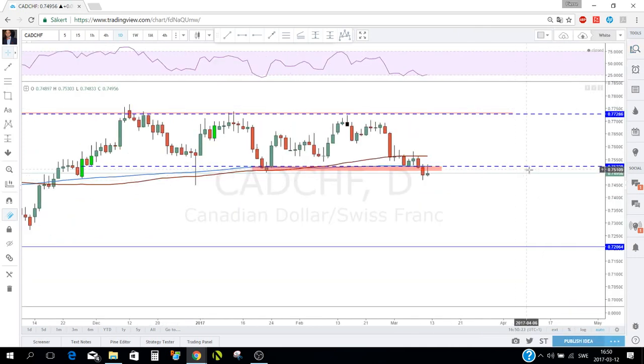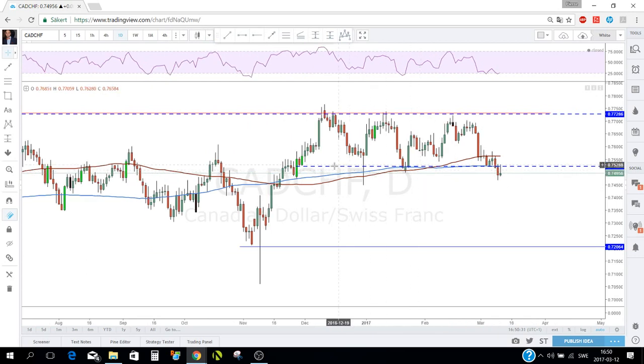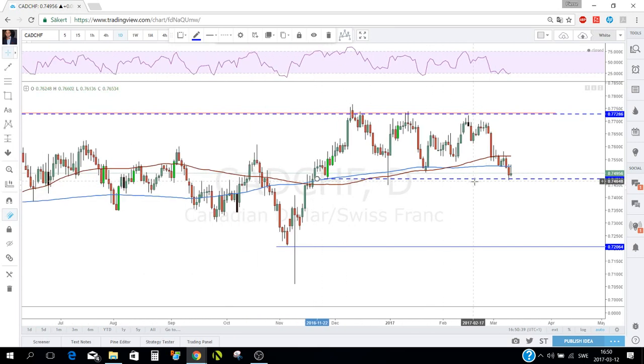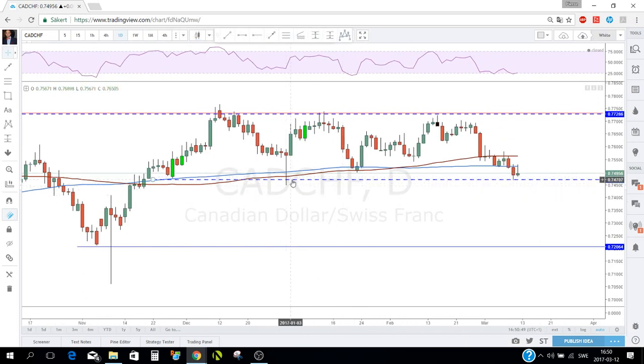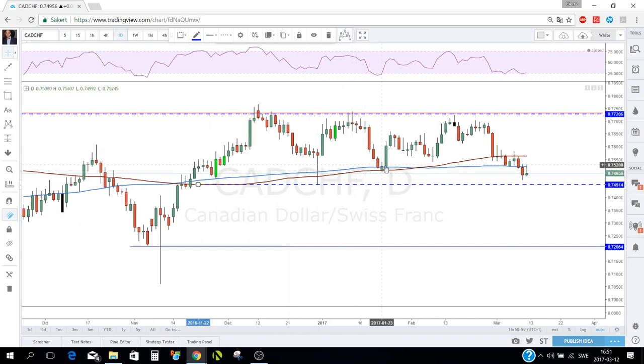CAD CHF, another pair that I have on the list, but I'm still very unsure what's going on with this pair. The down move was very strong and clear, but you know guys, when you have a daily pin bar like this one, you want to look and see what's going on at this level, because this move was very strong, and that makes me